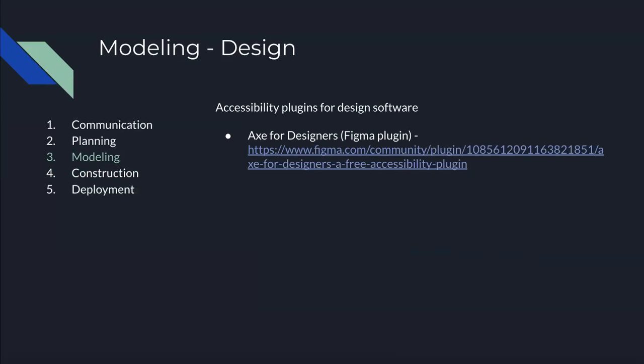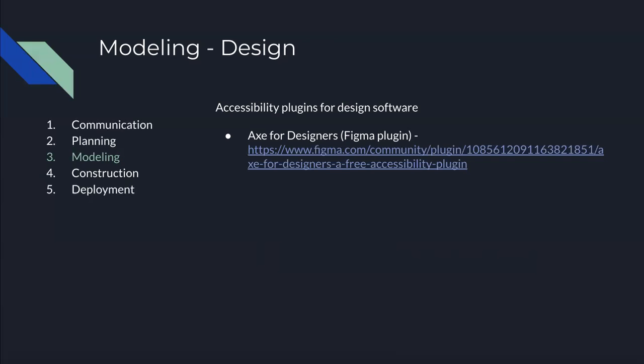But what if we could shift left even further by considering accessibility as we design software? Luckily, there are tools that plug into popular design programs that will alert designers if they've overlooked an accessibility requirement, such as color contrast. For example, Figma is a popular design program, and the Axe for Designers plugin is a free plugin that will scan designs to catch accessibility issues,